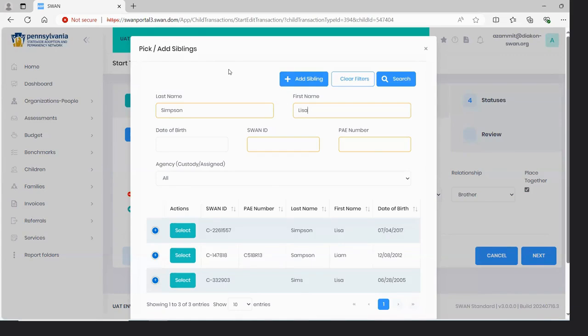I'd like to make note before moving forward that there is an Add Sibling button at the top of this menu. The intention was for this button to be used to create sibling records at this point where one does not yet exist. However, this button should not be used to add siblings or create new child records at this time. Utilizing this function will create a sort of false record in the portal and will result in LSI activities